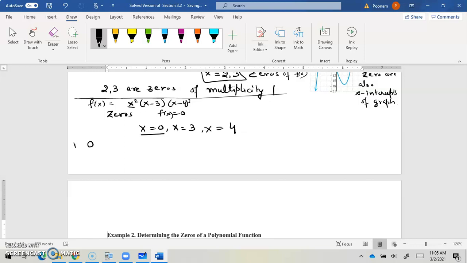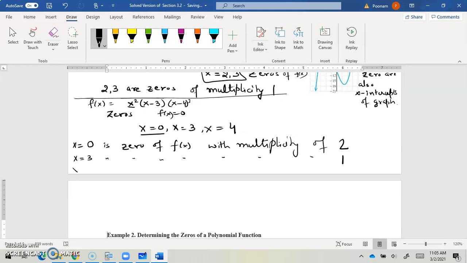So x equal to 0 is a zero of f of x with multiplicity of 2 because that factor is repeating 2 times. X equal to 3 is a zero of this function with multiplicity of 1. X equal to 4 is a zero of this function with multiplicity of how much? How many times x minus